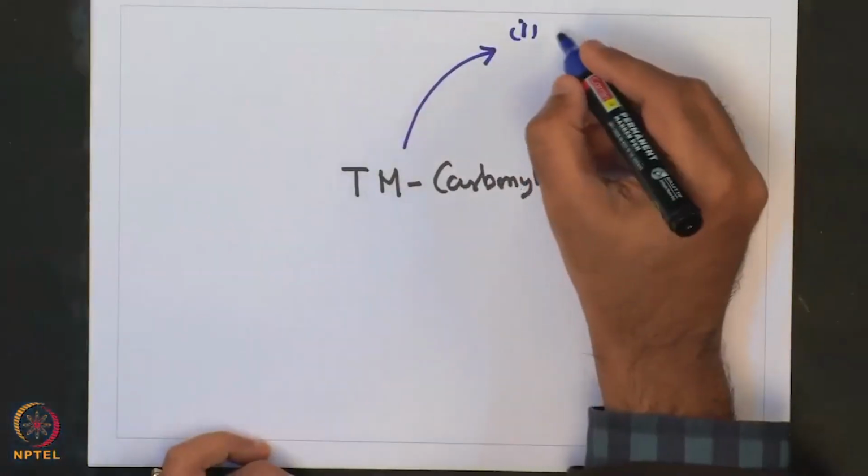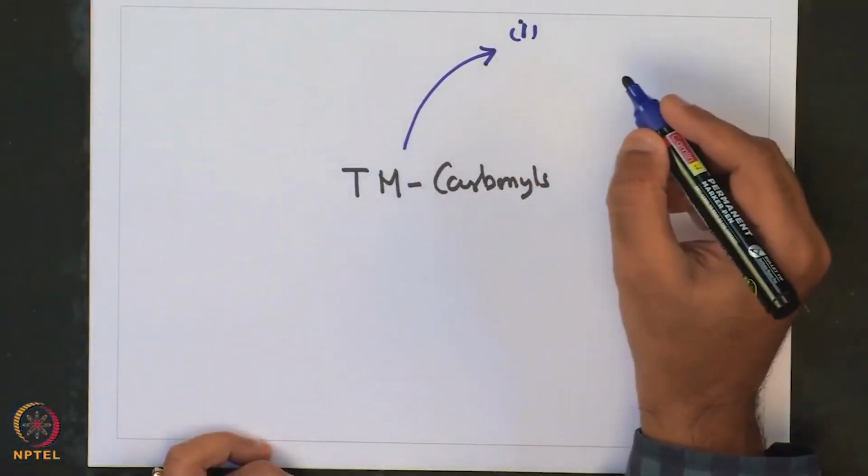For example, transition metal carbene or transition metal carbyne complexes only came into existence 30 or 40 years ago. So, transition metal carbonyl complexes have been studied a lot, particularly for their applications in homogeneous catalysis,